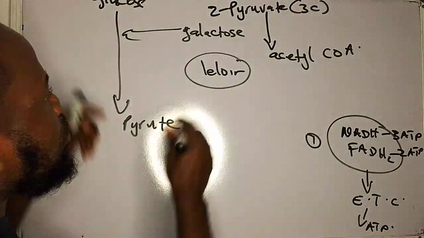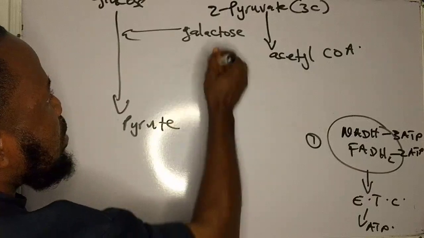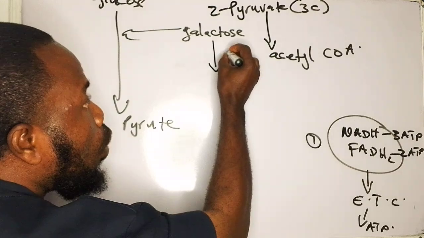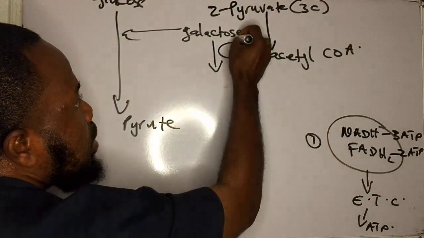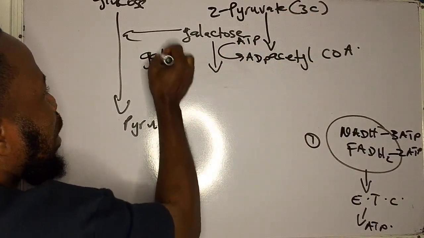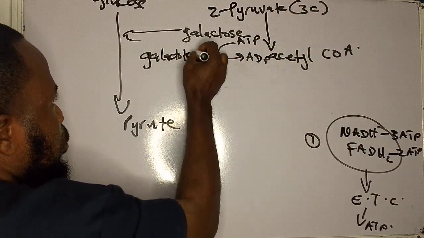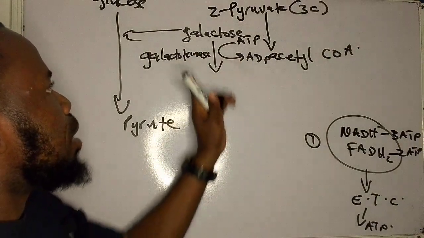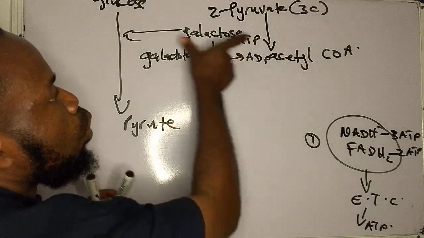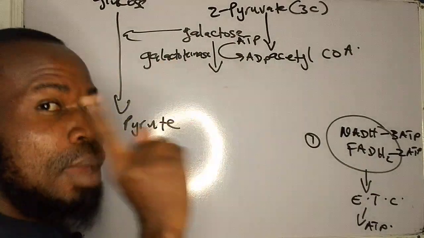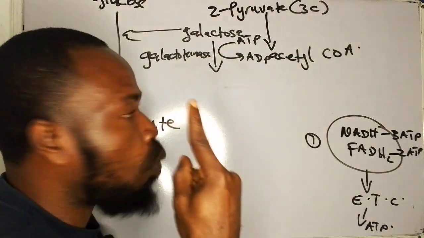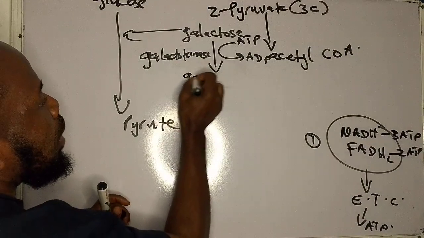Now, how? The first thing that happens in the Leloir pathway is that galactose is phosphorylated. ATP is involved, to form ADP, by galactokinase. This galactokinase is a form of hexokinase that catalyzes the phosphorylation of galactose. The problem here is that galactokinase phosphorylates galactose at carbon number 1. So the product formed will be